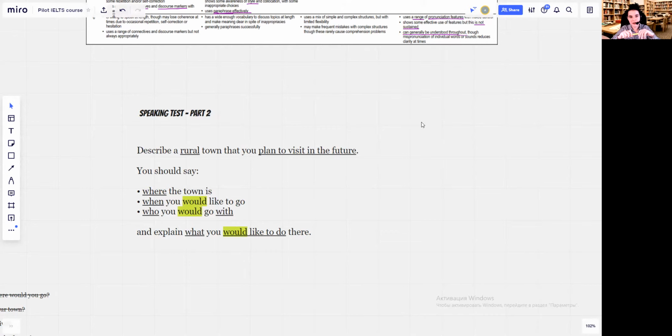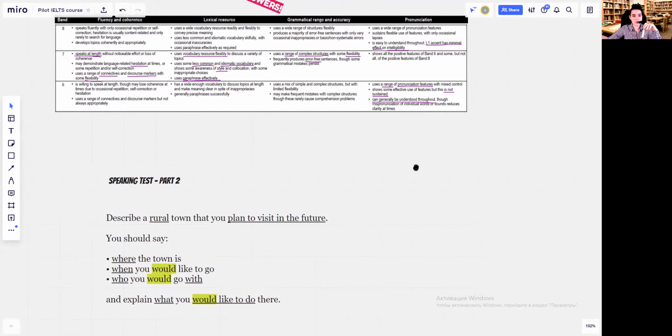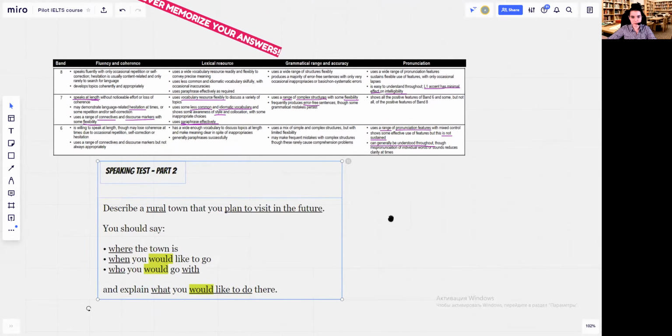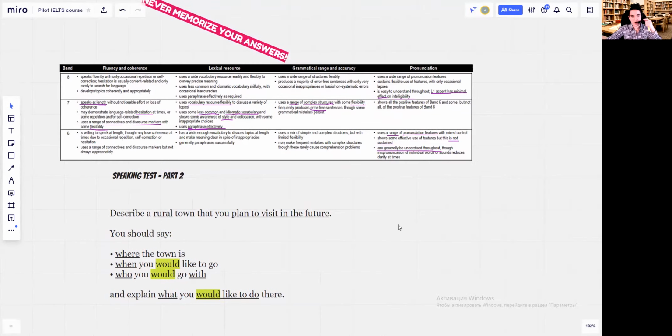We will talk about functions, grammatical functions, a bit later when we cover speaking part 3. So without further ado, let me play the recording. And while you're listening, I'd like you to tell me how this person, the guy who talks, is going to fare when it comes to the 4 criteria. So, whether he does well when it comes to the criteria and whether he covers all of the points. All right? Let me play the recording.